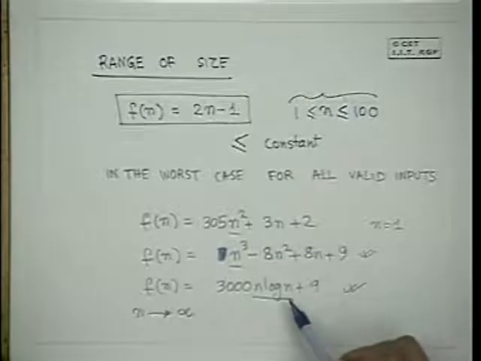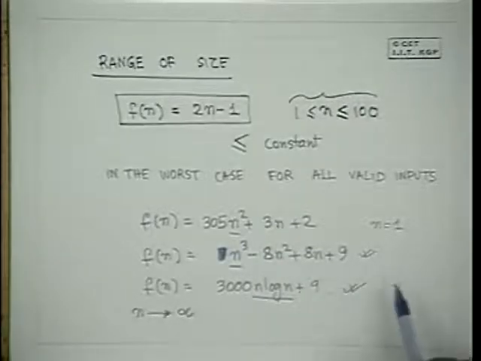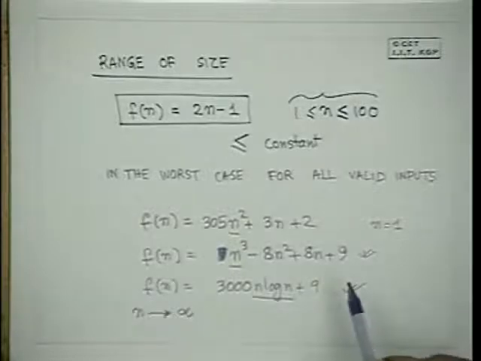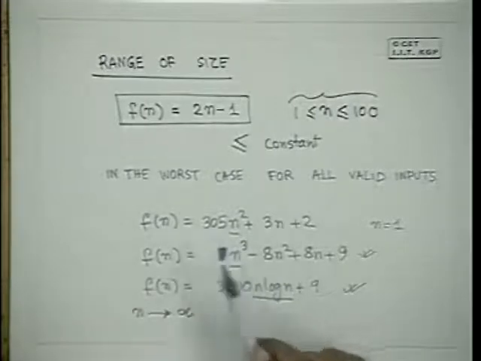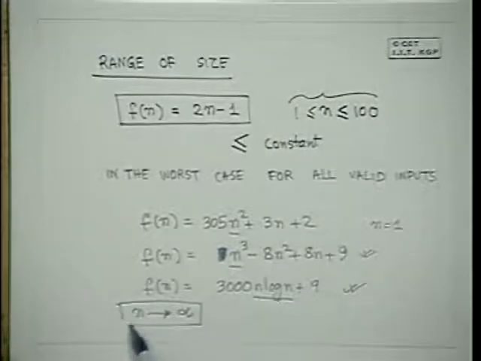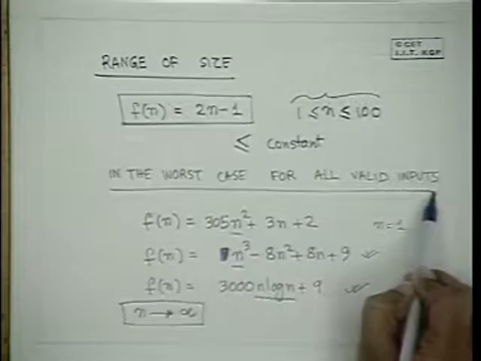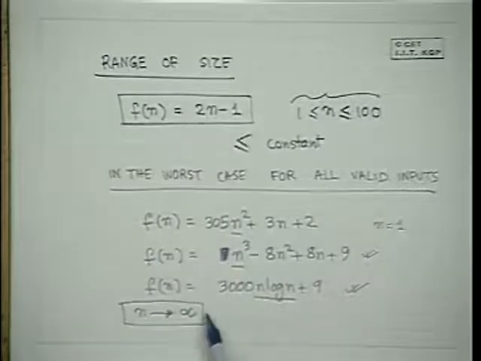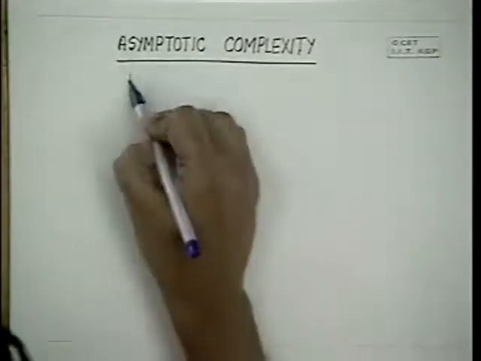That is, as when the input becomes larger and larger, the time taken by the algorithm becomes less and less. You will rarely find such problems which are provided to you. So these are usually positively growing functions. And the time really becomes a crunch when n tends to infinity. And that is why we try and see how to compare these, especially in the worst case for all valid inputs. When n becomes large, do they have a proper behavior? That sort of analysis is called asymptotic complexity analysis, or it is also called asymptotic analysis.